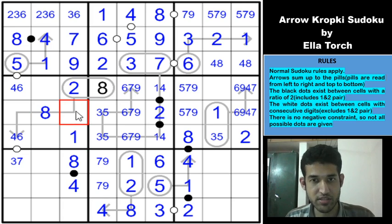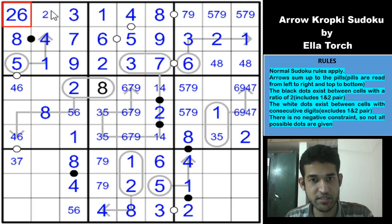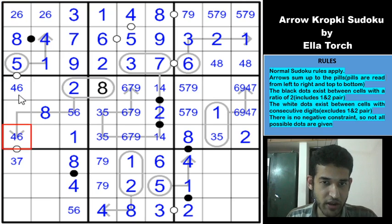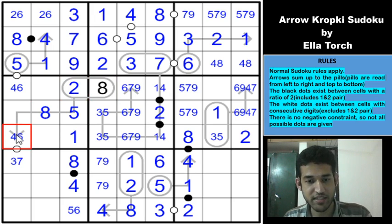3 can't be here, so this is 5, 6, and this will be 5, 6 because 3 can't be here, so this is a 3, which means these two cells must be 2, 6. Will be a 2, 6, and this will be a 2, 6. And because you have a 4, 6 pair here, so this will be a 5, which means we get the sum along this arrow, right? 5 plus 8 is 13, and we need 15 more, so this will be a 6,